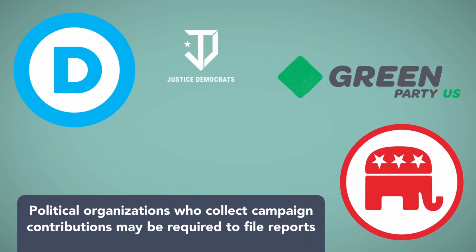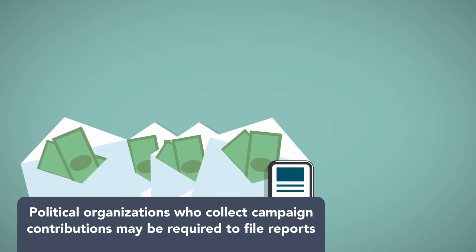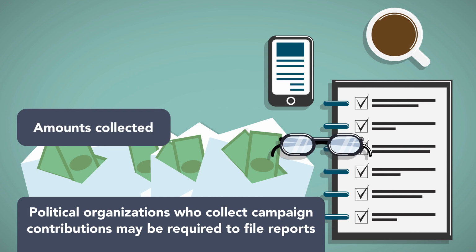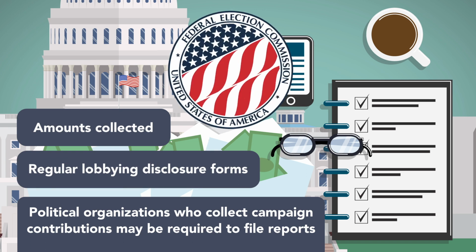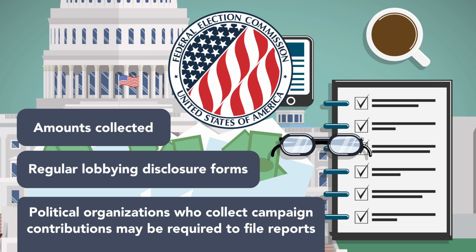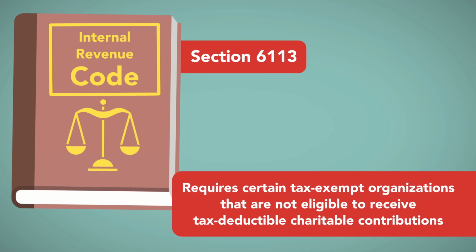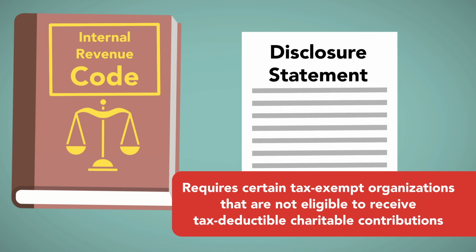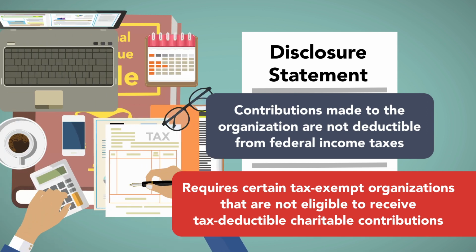For example, political organizations who collect campaign contributions may be required to file reports on amounts collected, and, if engaged in legislative activity, regular lobbying disclosure forms reported to the Federal Election Commission, which regulates federal campaign finance and lobbying. Section 6113 of the Internal Revenue Code also requires certain tax-exempt organizations that are not eligible to receive tax-deductible charitable contributions to disclose in a conspicuously expressed statement that contributions made to the organization are not deductible from federal income